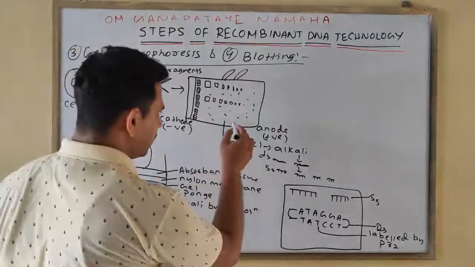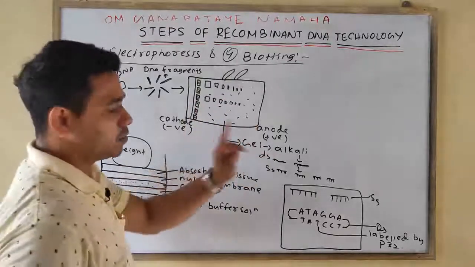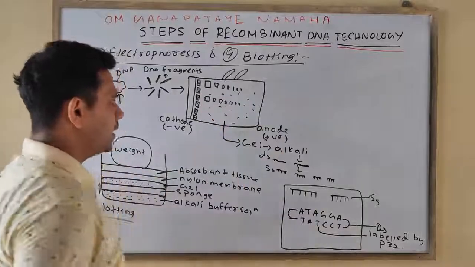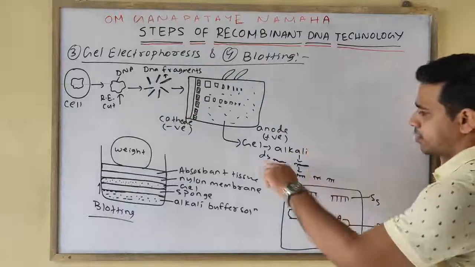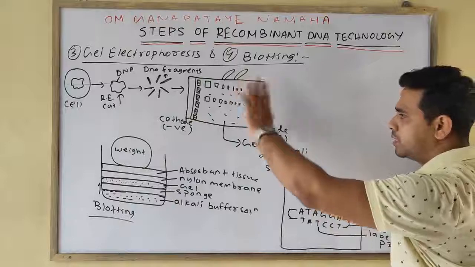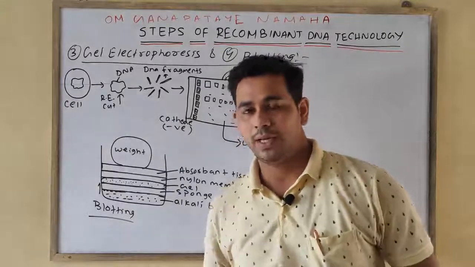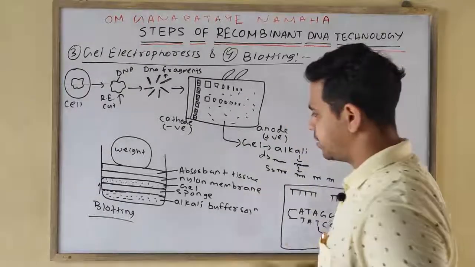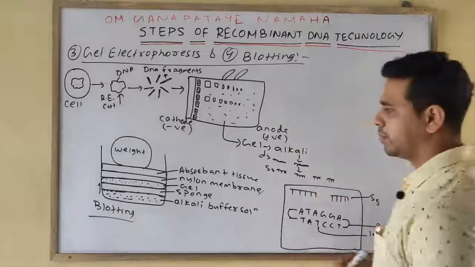Next, these are the double stranded DNA in the gel, called the agarose gel. We have to denature it by applying alkali, converting the double stranded DNA into single stranded DNA. But now in the gel, we have the single stranded DNA in a particular pattern, but we can't extract the DNA from it because it is very difficult. So we will use the blotting technique by using the nylon membrane or the nitrocellulose membrane.